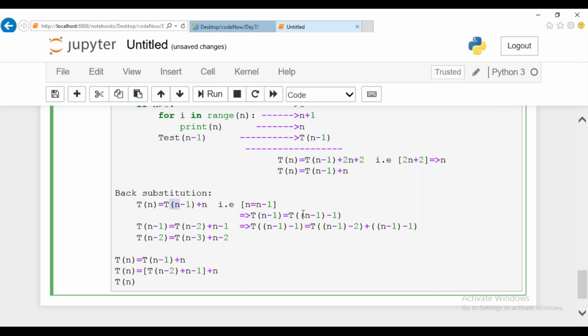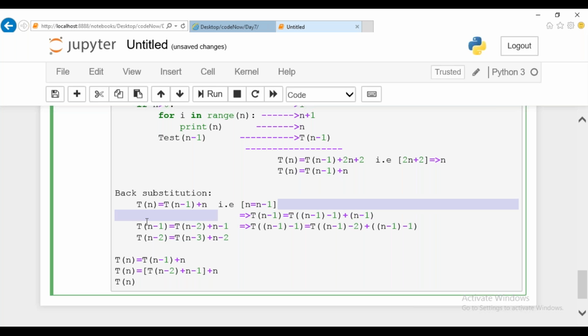Yes, ma'am. Now, followed by plus, now n is there in this place. Substitute it with n minus 1. Right now you can get the answer.